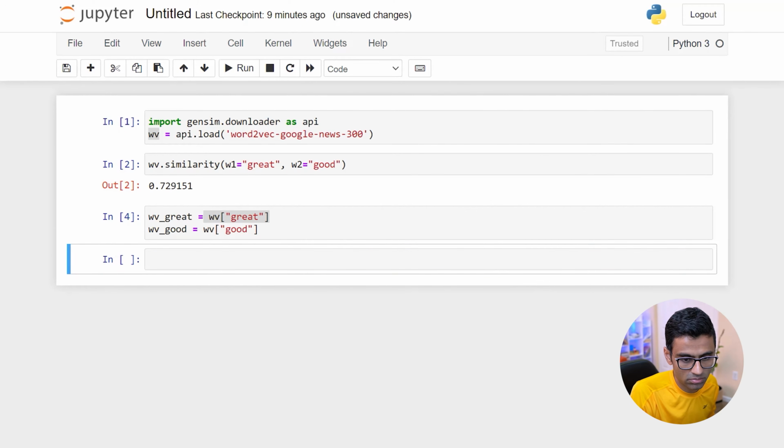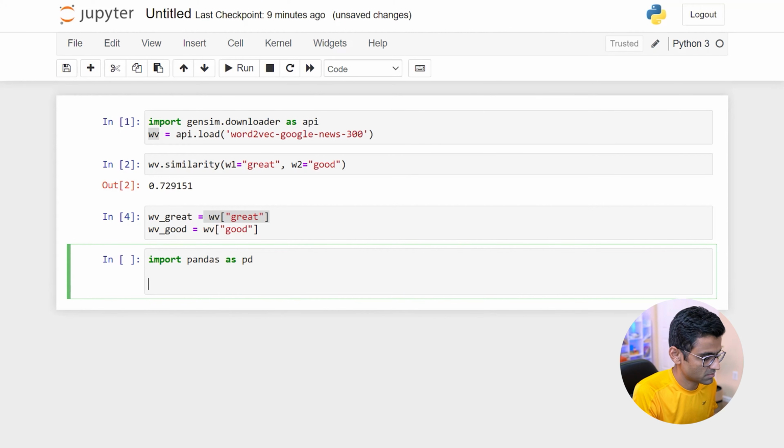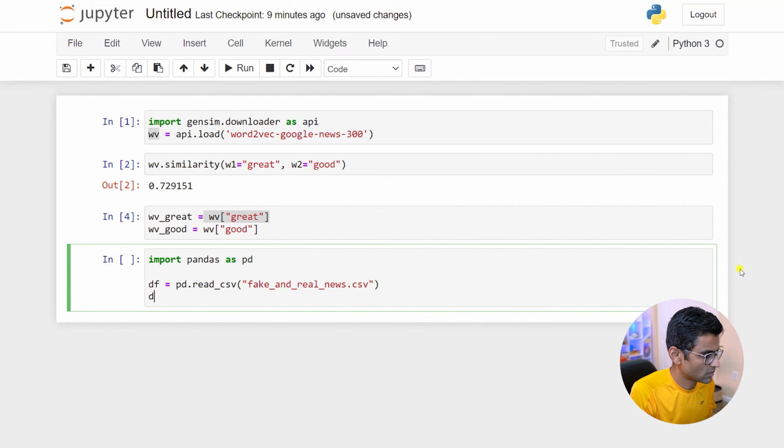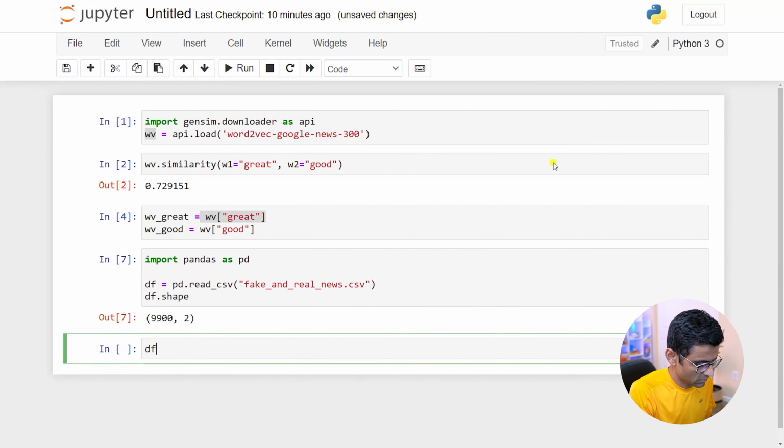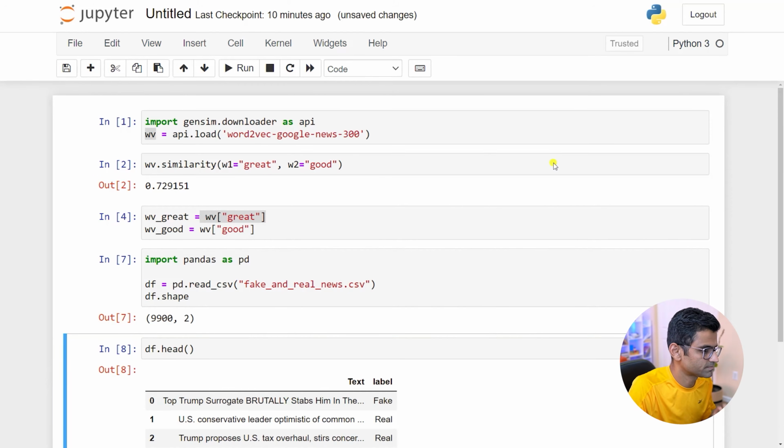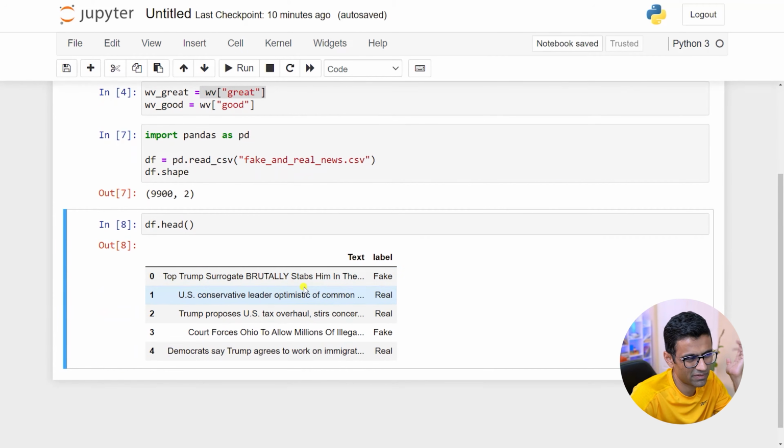So I'm going to load my dataset into a pandas data frame as usual. So import pandas as pd, then pd.read_csv. What is the name of my file? Well, here is the name. And if you look at df.shape, you'll find, while this is running, I will just print a few lines here. So a simple data frame, 2 columns,